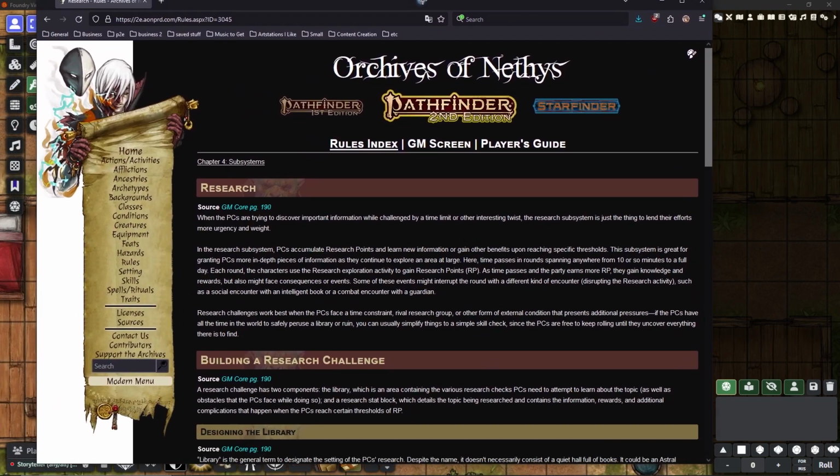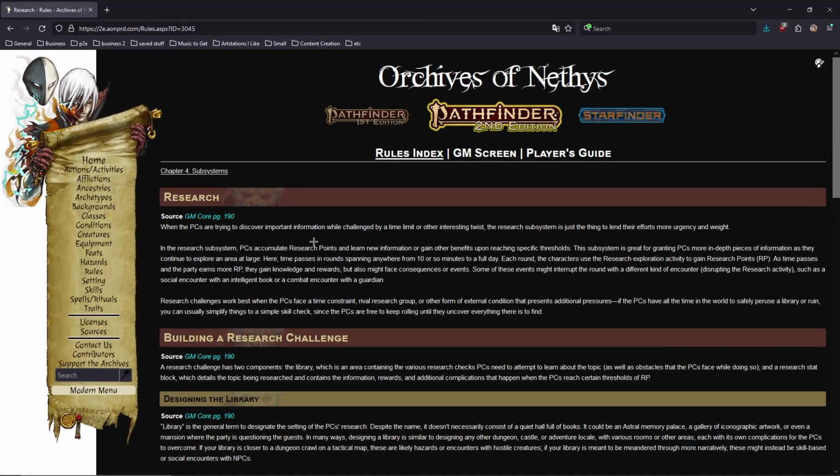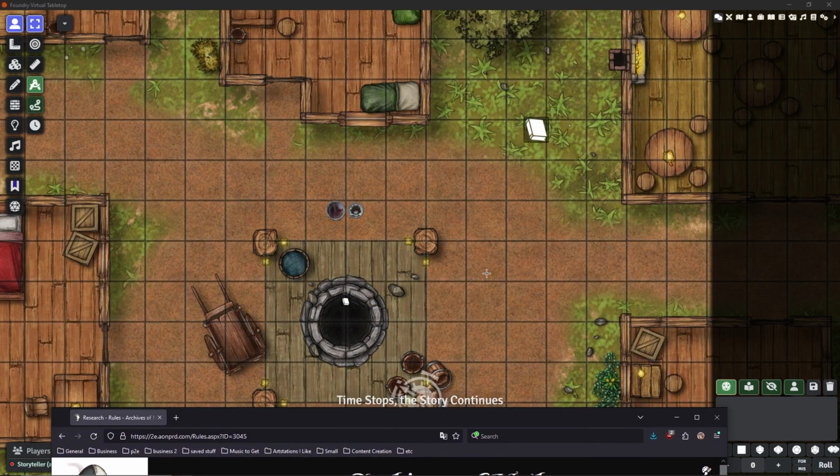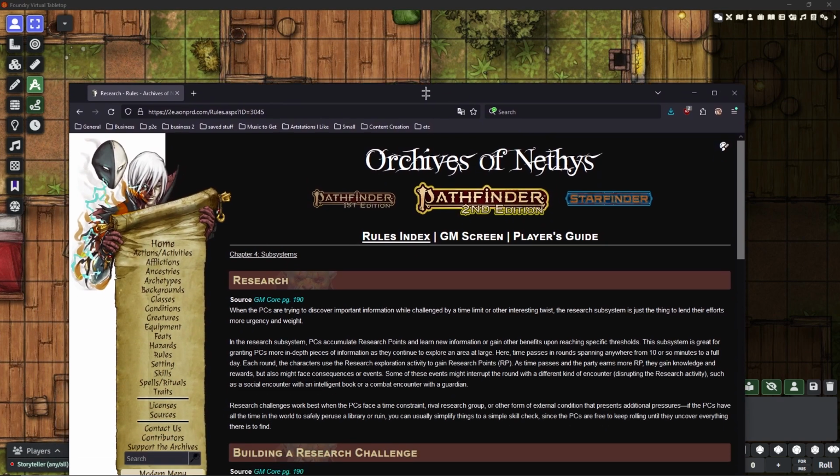Today I'm going to be covering the research subsystem. The research subsystem is perhaps the largest and most engaging of the subsystems, even though it is not the most versatile in the same way that the Victory Point subsystem is. It allows you to dole out mechanical rewards and information over the course of any kind of situation, whether that be a social situation or a dungeon that the players are moving through. I have 3 examples set up for you that I will demonstrate in the Foundry after we finish our read-through